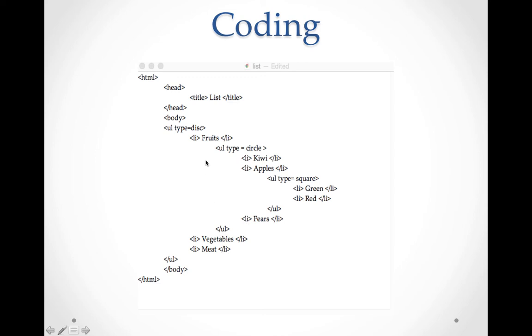Okay, and at the level of fruit we have vegetables and meat. So see here, this li tag and these two are at the same level, and after this we have to close this UL tag. The outer UL tag will end at the end. Okay, so see, this is the outermost UL tag. I am giving you like this, so you can keep it in mind. This is the second UL tag and this is the innermost.